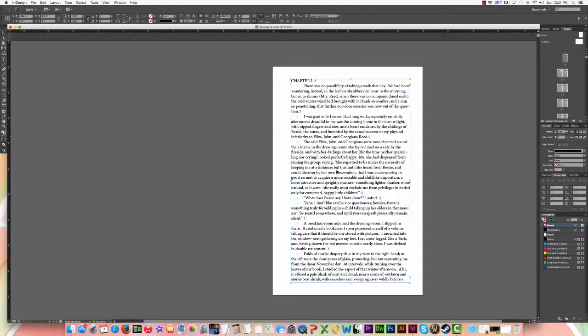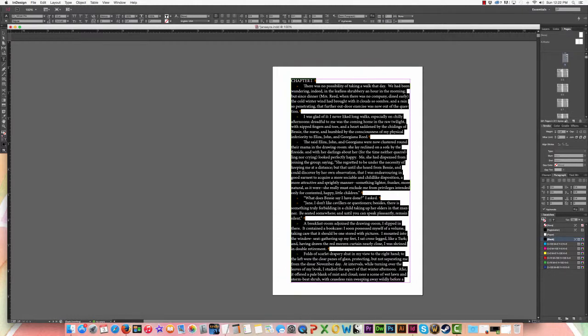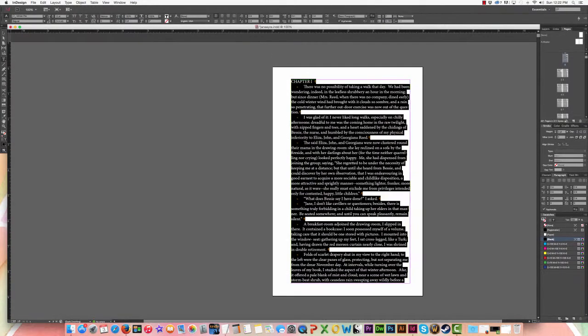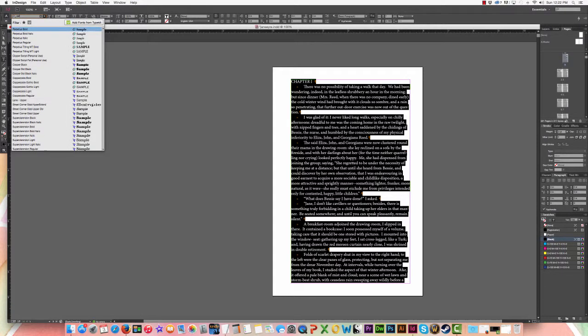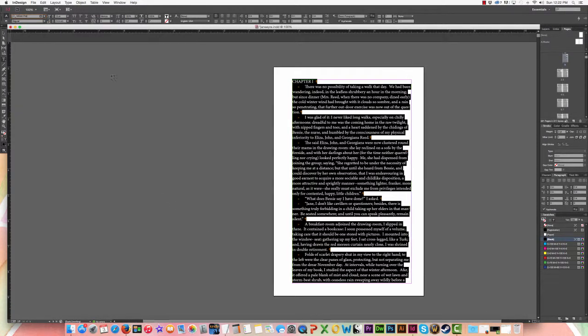So really, once we set our body copy, we don't have to worry about that again because we work backwards just like we do with our newspaper. So let's set a body style. I'm going to select all, so everything's selected. I used Perpetua in the footer, so let's go ahead and use Perpetua